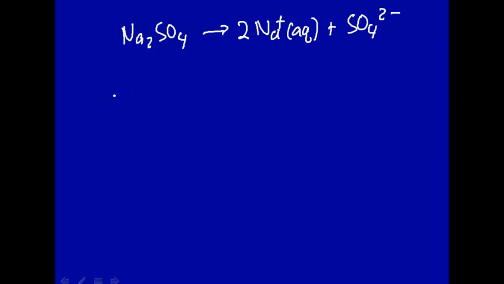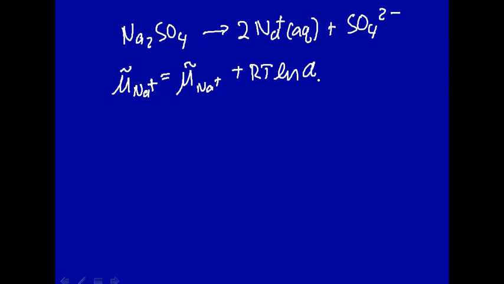Let's write down the chemical potentials of these. Well, the electrochemical potential of the sodium ions, we have to use electrochemical potential because we're using ions, charges. That will be the standard state electrochemical potential of the sodium ion plus RT times the natural log of the activity of the sodium ions in solution. And remember, the activity here, we're going to define